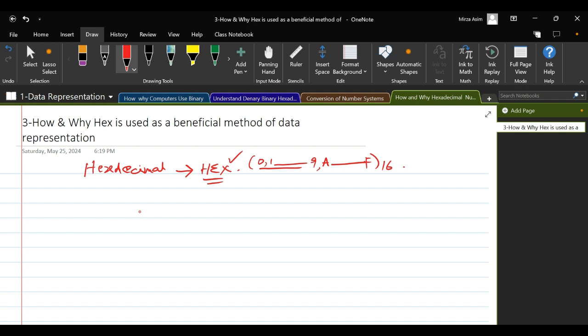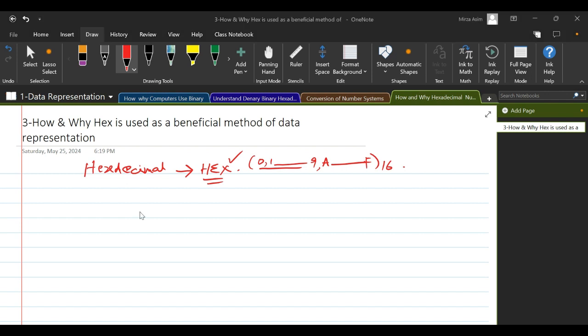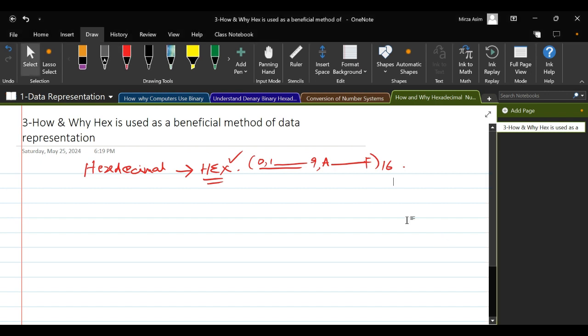So how and why? This is our today's topic, how we can use the hexadecimal number system. Number one, we can use this in memory addresses. For example, let me show you one example.